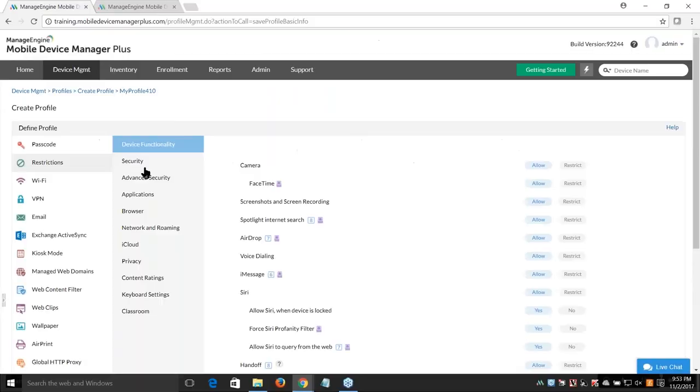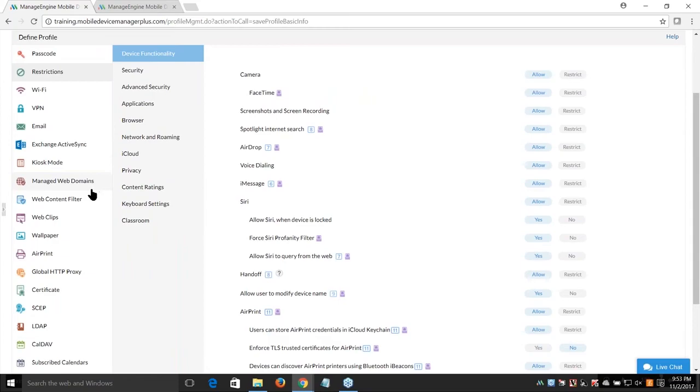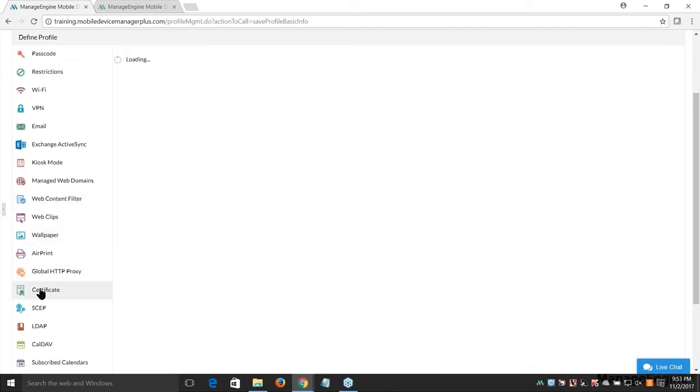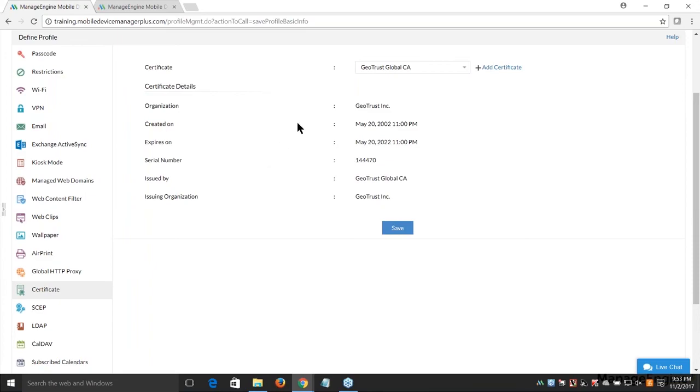Can this be done using Mobile Device Manager Plus? Yes, it can. I'll explain how you can go about doing it using the same profile as earlier. If you want to ensure that all the devices in your organization are secured with the same certificate, click on the certificate option over here and upload a certificate. Now, if you're satisfied with this certificate, you can click on Save, publish, and distribute this profile to any number